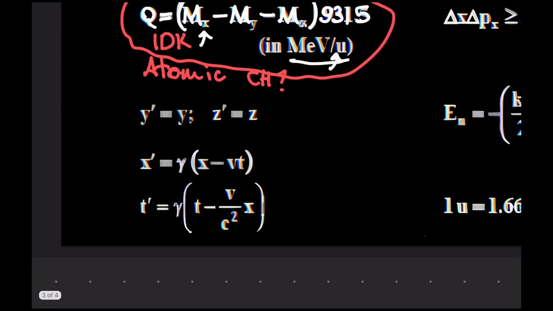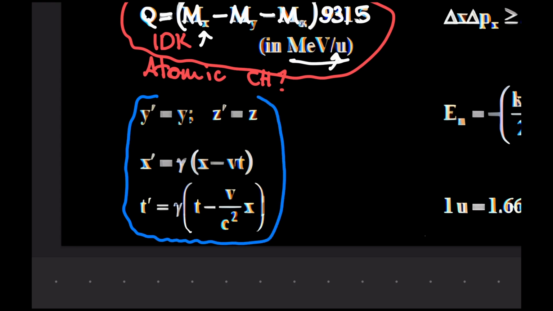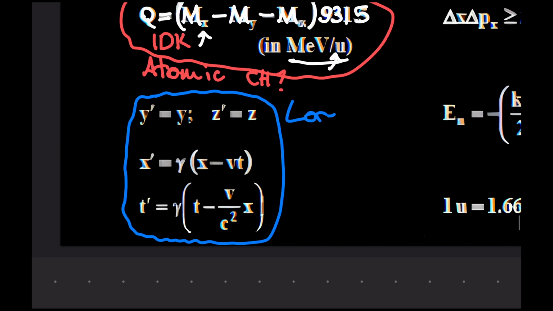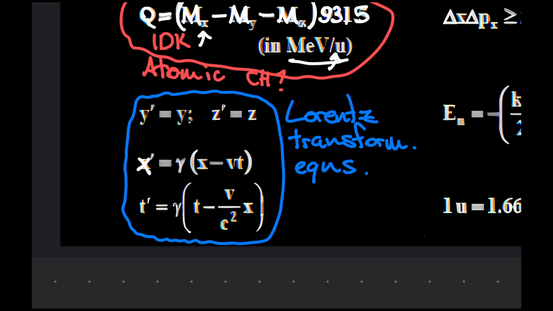Now we get to the equations that I know are from relativity. So I'm going to circle all of these. And I think these are called the Lorentz transformation equations. Nice. So what we have here is in the direction of motion, we have the direction of motion, which is